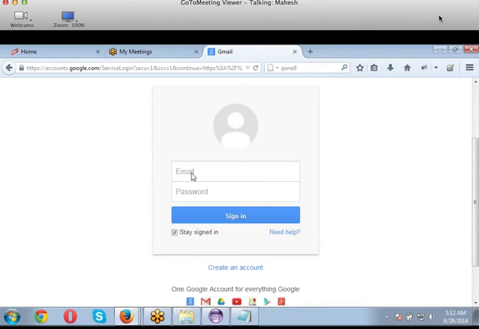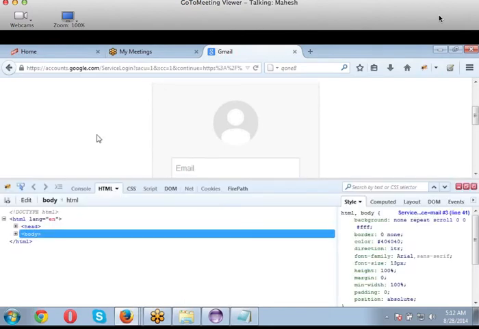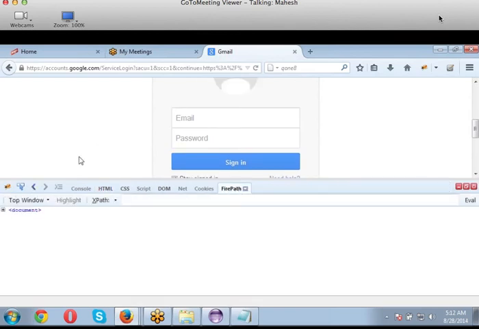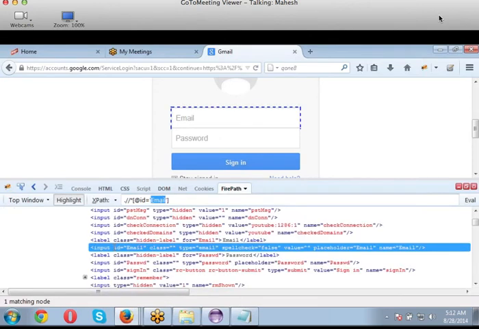There is my Firebug. I'll click on my FirePath tab, click on my element identifier, take it all the way back to my email text box, and single click on it again. I see in the XPath it says ID is equal to email, or you can see it here also.